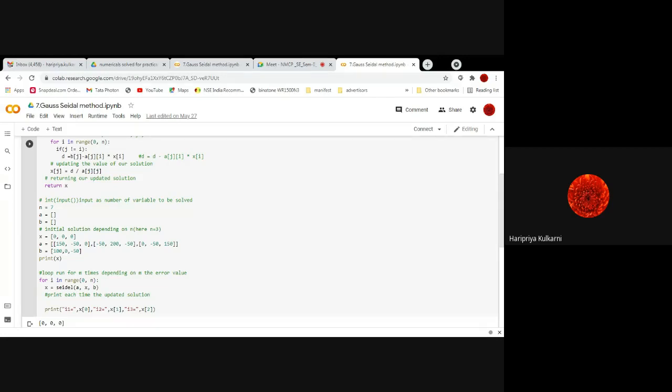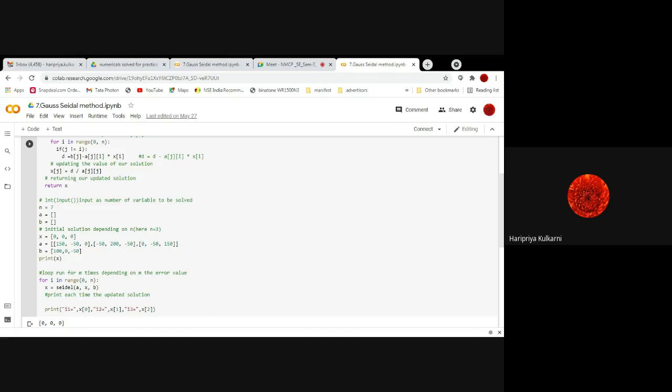So every time I am going to print x, which means every time we will print the current at every iteration. We have to make 7 iterations, so I will mention that here. 7 times I have to execute the above logic. So for i in range 0 to n, here n is 7, so 7 iterations. x equal to CIDL(a, x, b). So from here it will take the values of x, a and b. It will calculate x and write the values here. Then it will be printed here.